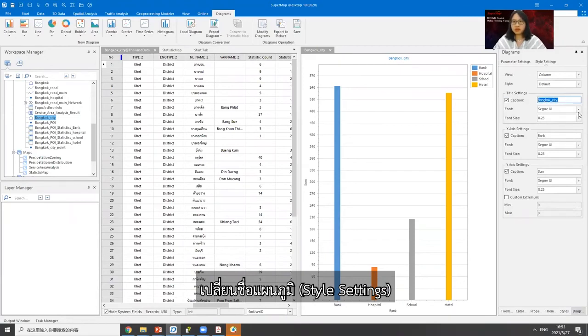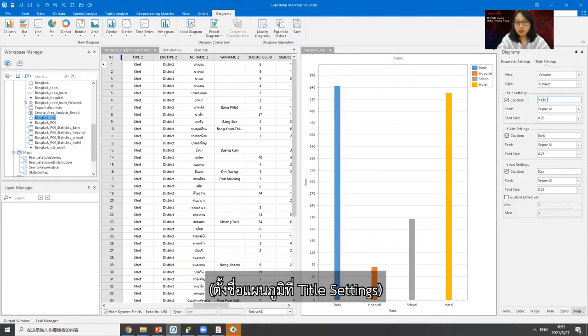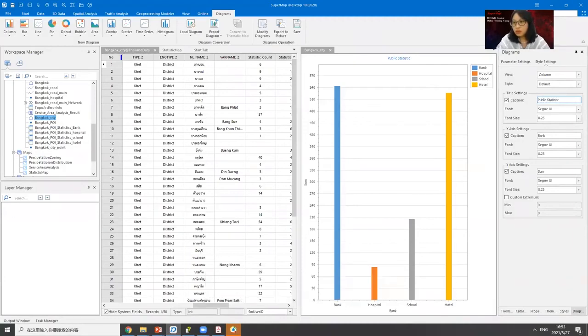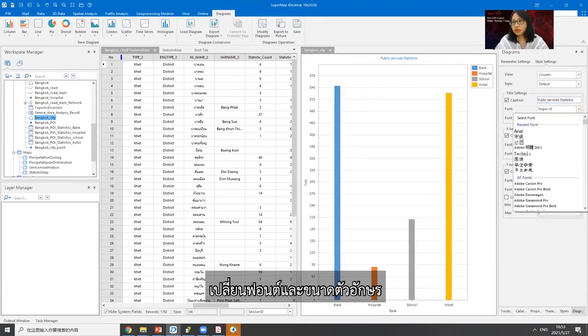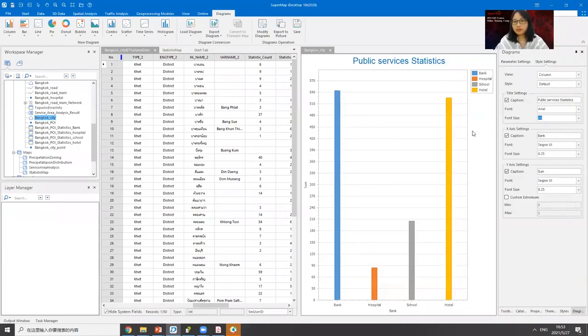Here we can set the title as public services statistics, and here we can set the font as the default. Okay. And here